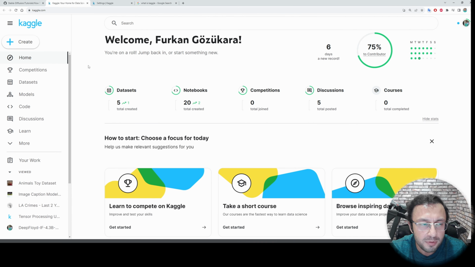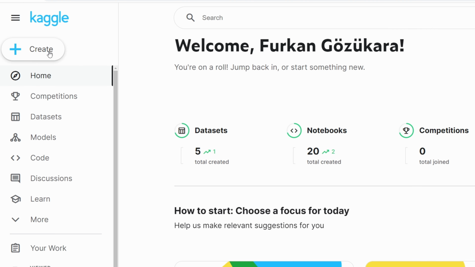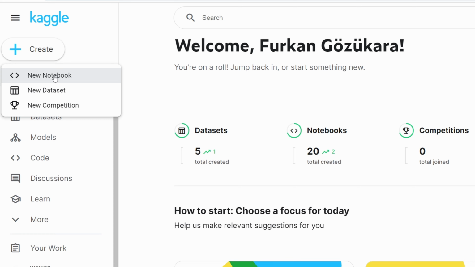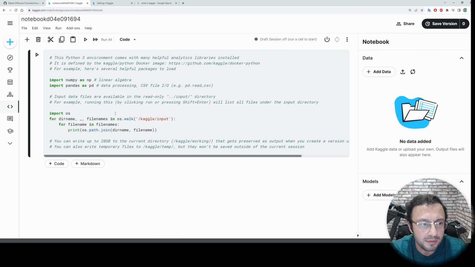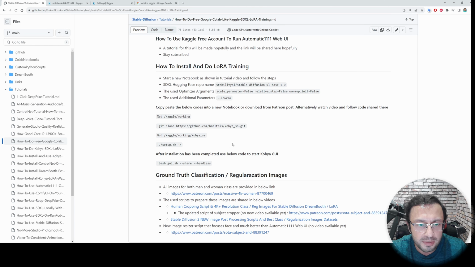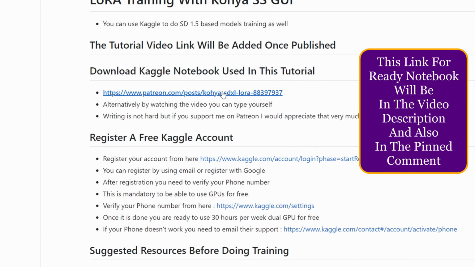So to do Stable Diffusion XL training on Kaggle, you need to generate a notebook. Click the create button here, select new notebook. It will load the notebook like this, and this is the notebook. The notebooks are similar on all of the platforms that you use. You can either use the commands that I have shared here, or you can download the notebook I have shared on my Patreon post.